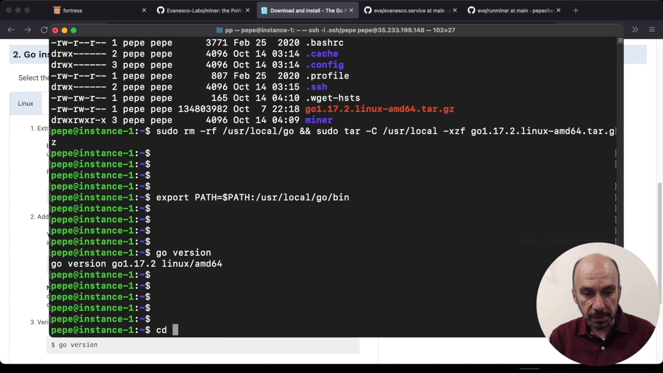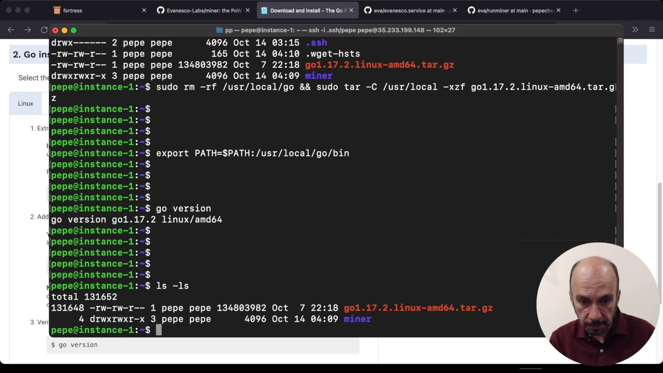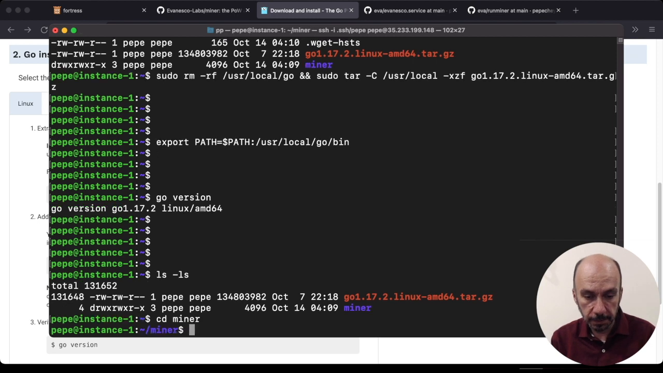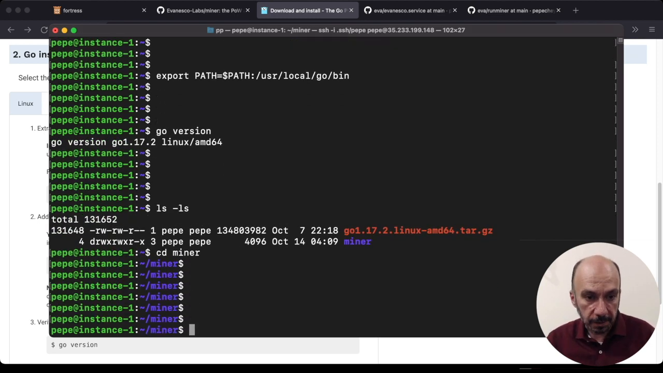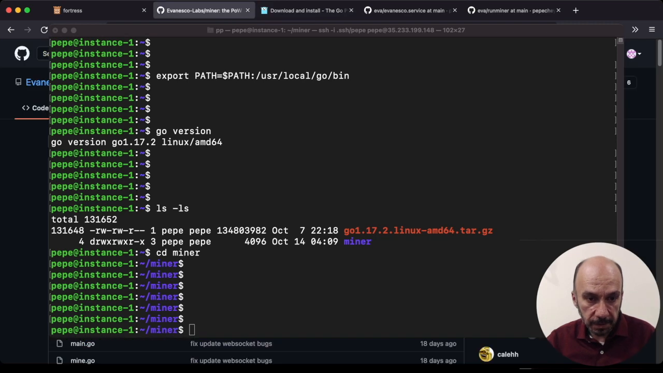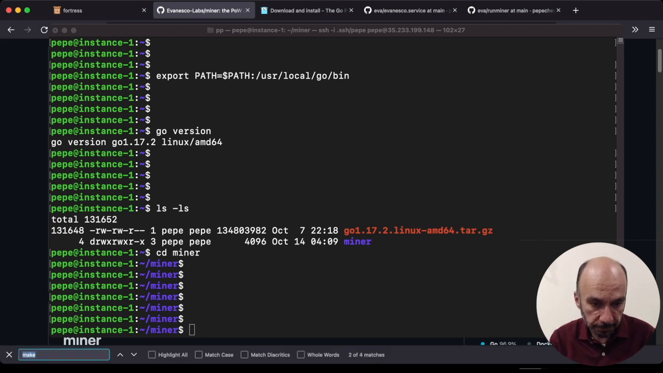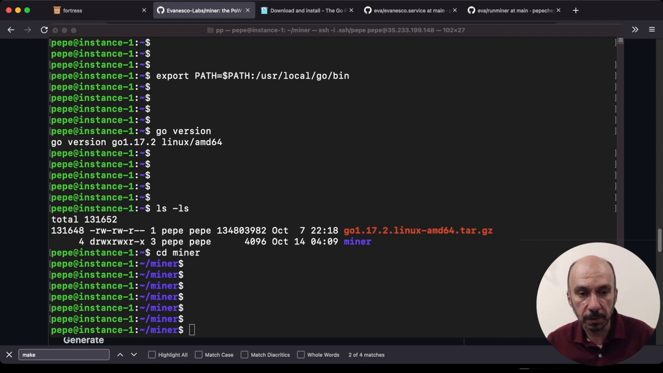So now let's go inside the folder we just downloaded, the miner folder. So miner. There it is. And if we go to the Evanesco GitHub, we will need to go to the make section, to the build section, and here you can find all the instructions we are going to follow to build or compile the source code, and to create the account and so on. So first of all, we need to run the make command